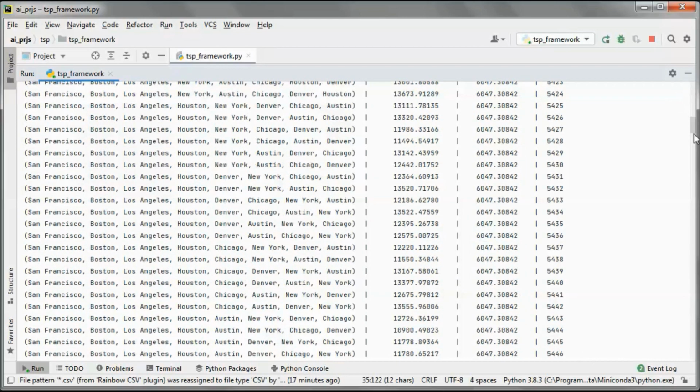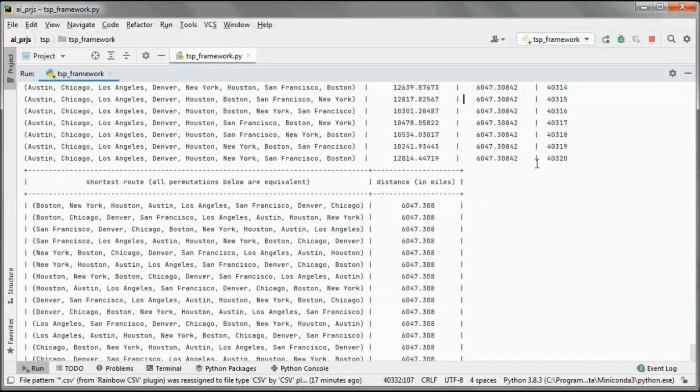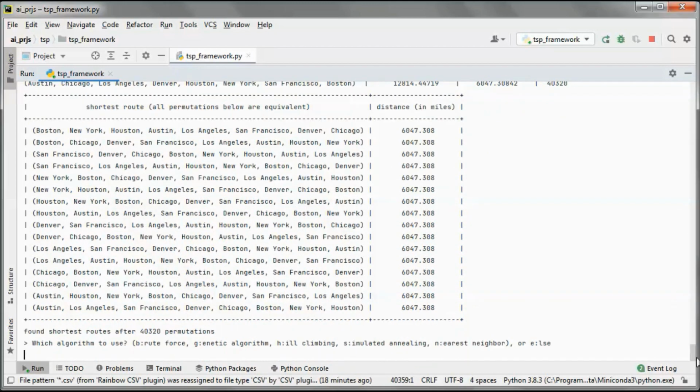And we kept doing this for all those permutations, and here we stayed with this as the shortest route. So we have this number of permutations.